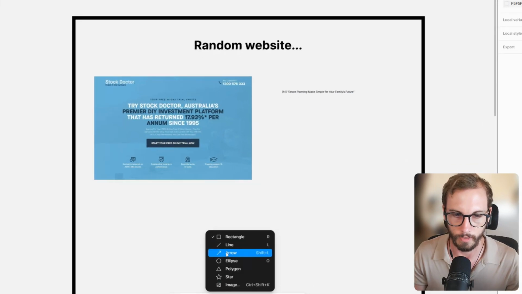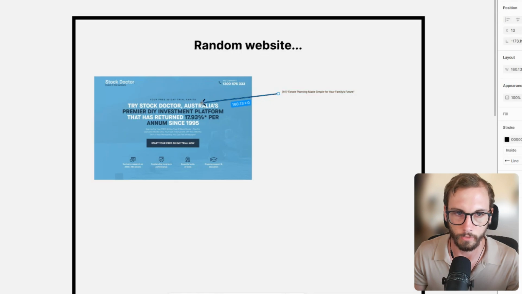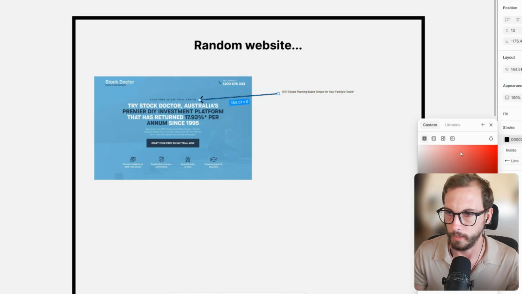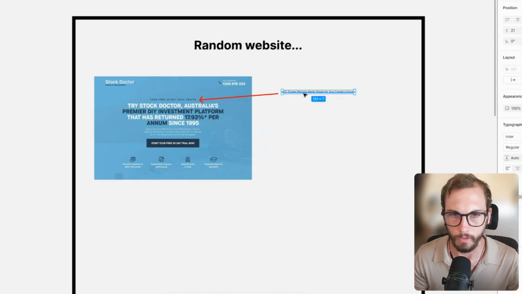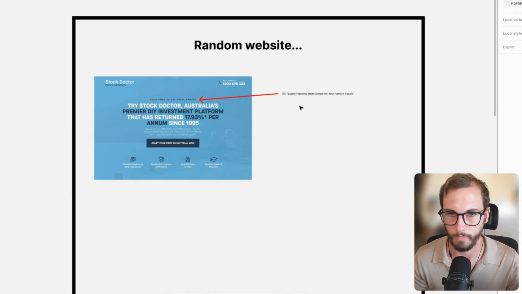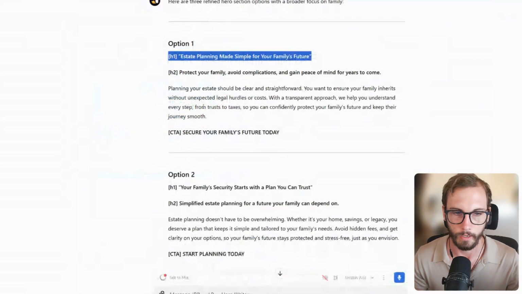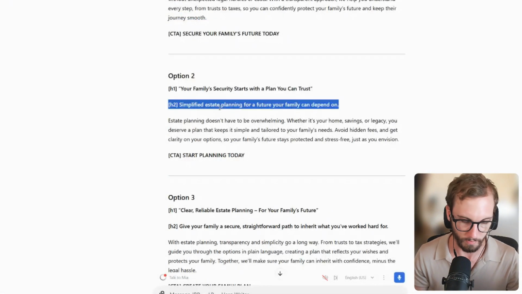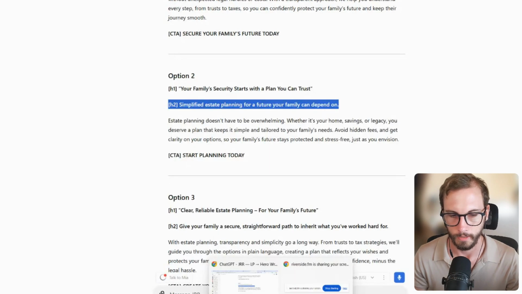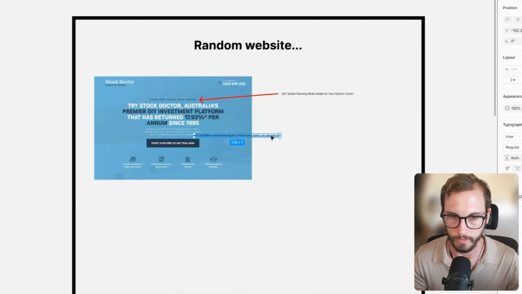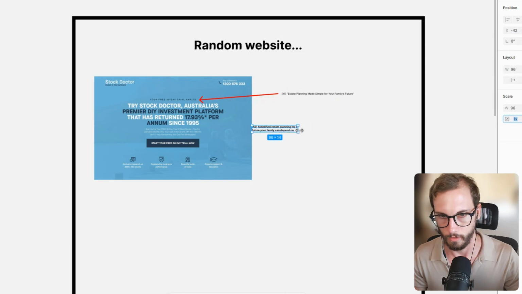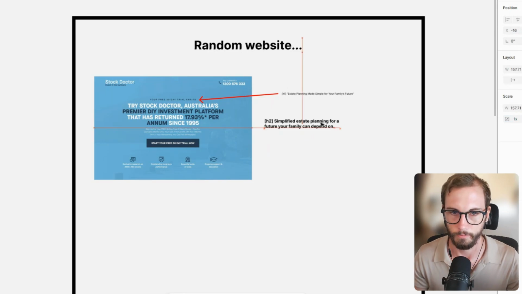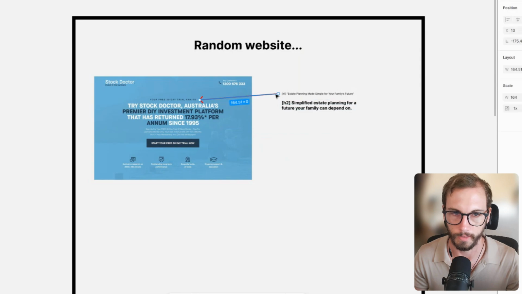So what we do is we just open up this Figma file. We point this over to here, assuming you're giving this to a developer or something. Okay, so that's H1, estate planning made simple for your family's future. Let's say that was it. And then we selected this one for the big headline that everyone sees. So we go back over to here, we paste this in, we make it bold, we shrink it a little bit, hold K, let's bring this big puppy over here. So it kind of looks like that, right?